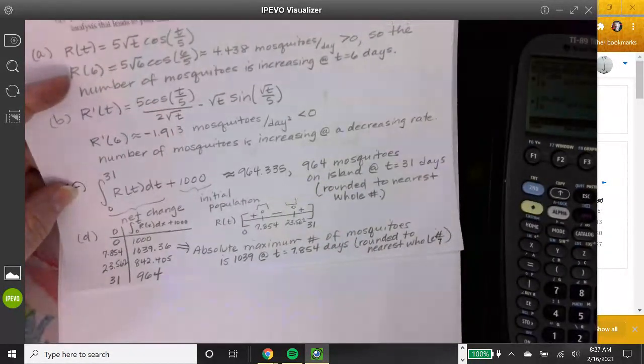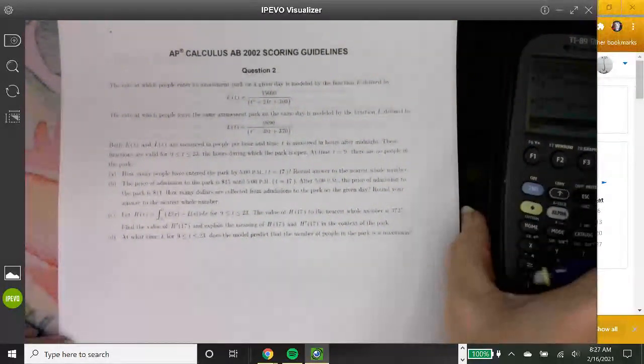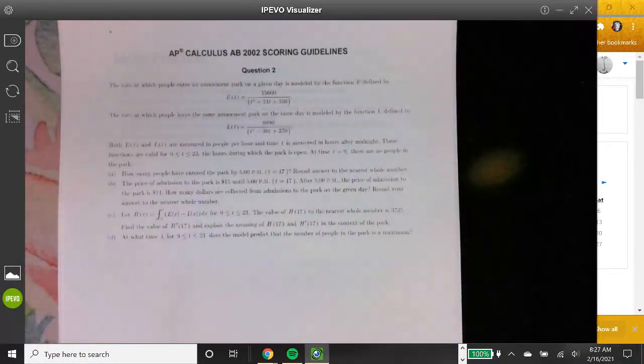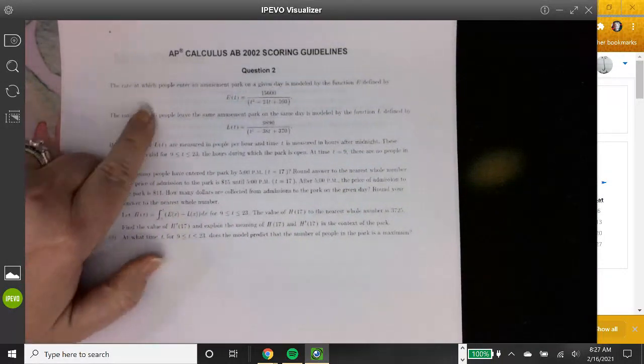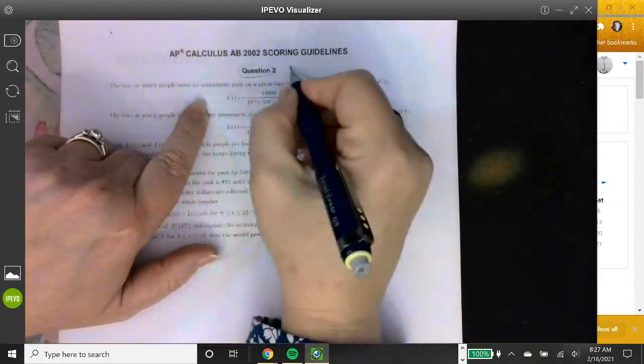Okay, now I'm going to do one more really quickly, I hope, so we can be done. All right, this next one is a classic problem, and it's the amusement park problem. And this one says the rate at which people enter the amusement park, and this is a calculator question,